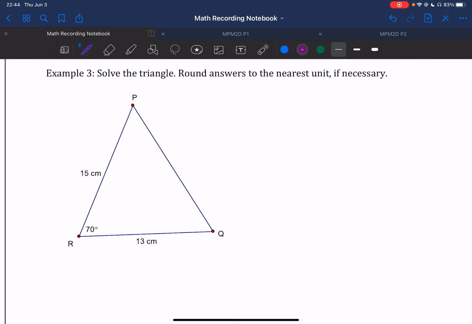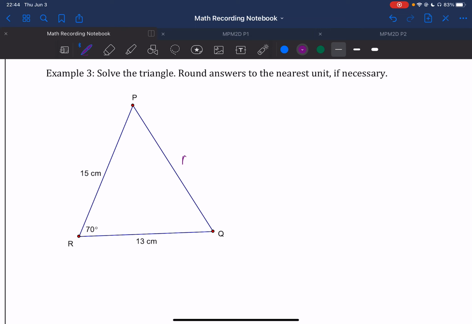Example 3 is asking us to solve the entire triangle and wants us to round our answers to the nearest unit. So first, starting off here, what we notice is that we have two sides that contain an angle. When we see this pattern, we're always going to start off with the cosine law. After then, we can start using our sine law and then perhaps our properties of a triangle to go find our angles. So let's start off with finding what r is, this little r, because we have the contained angle between two